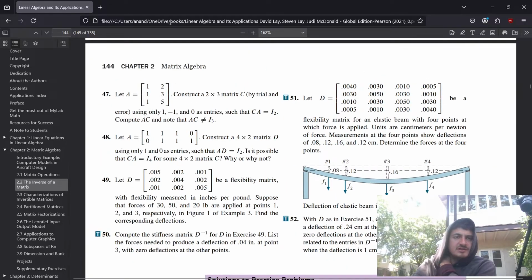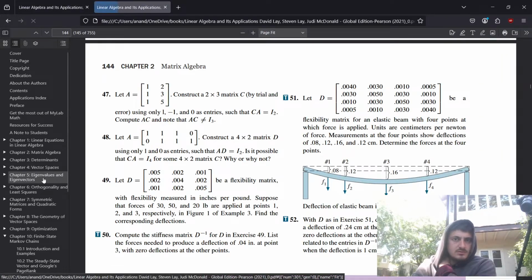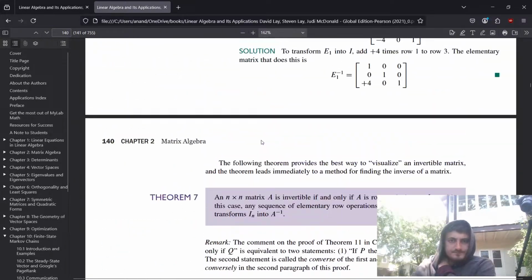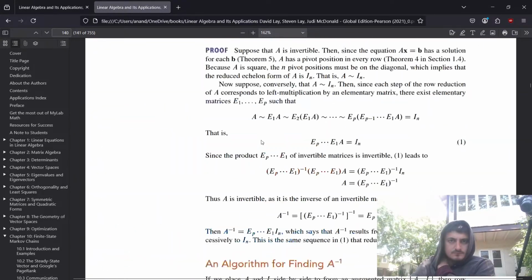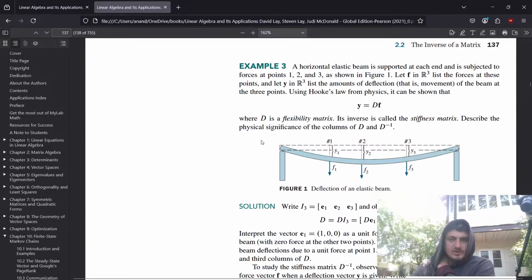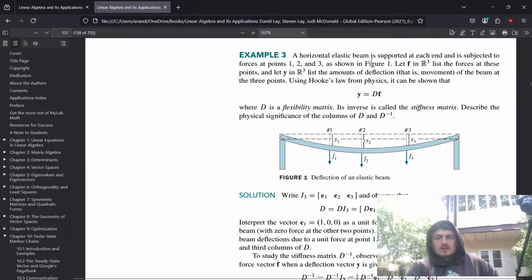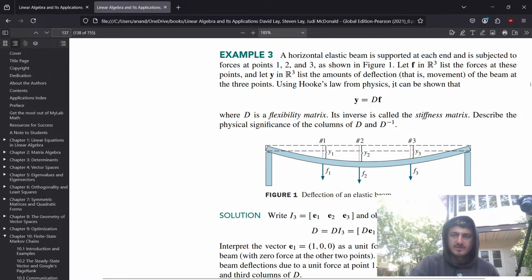What was the definition again? Let's duplicate this. Okay. Now here we go. Okay, so D is the flexibility matrix. So for a given vector describing the forces at each point,